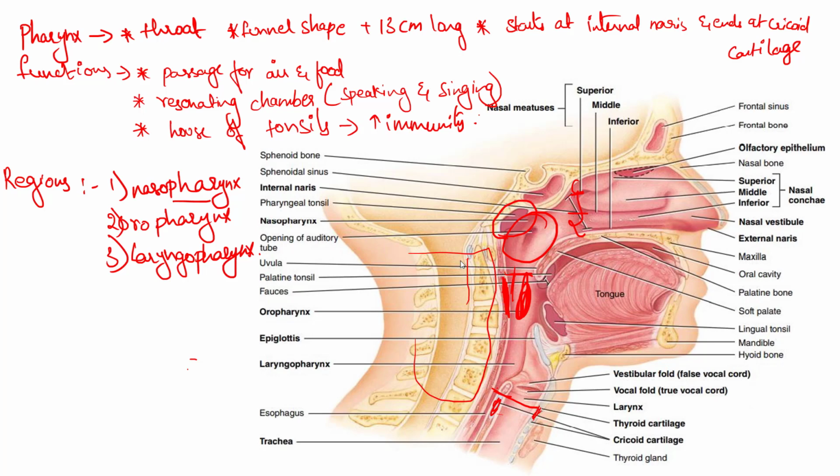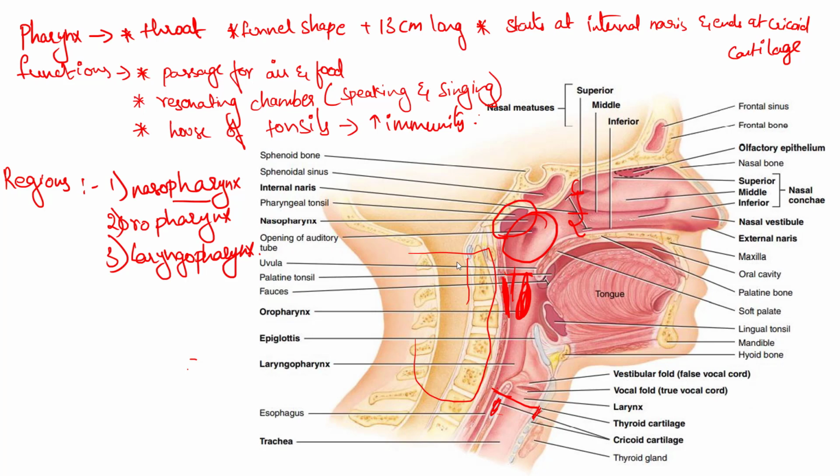Let's see the histology. The histology of nasopharynx is, as it is attached to our internal nares, ciliated pseudostratified columnar epithelium, right? So even this nasopharynx has the same tissue, which is ciliated pseudostratified columnar epithelium only. It will perform the same function as our nasal cavity. That is, the cilia is used for the movement of mucous membrane, and if we are inhaling any dust particles, this will help the dust particles to move downward, near to our oropharynx, so that we can spit it out.